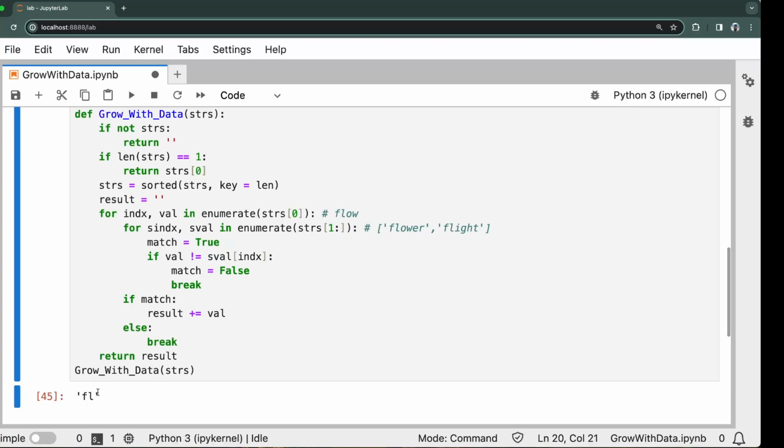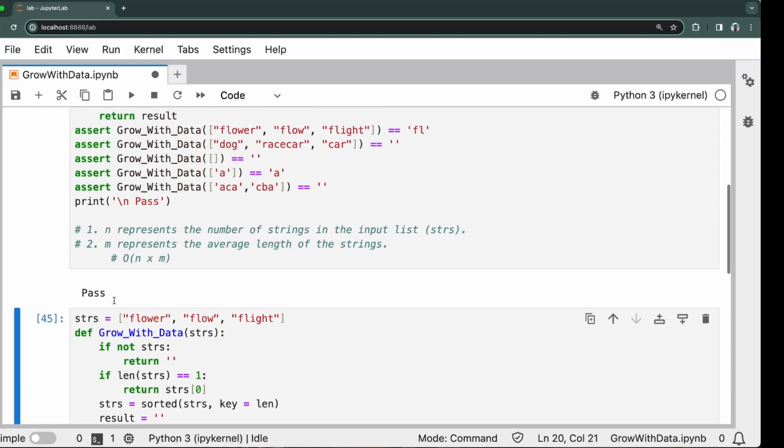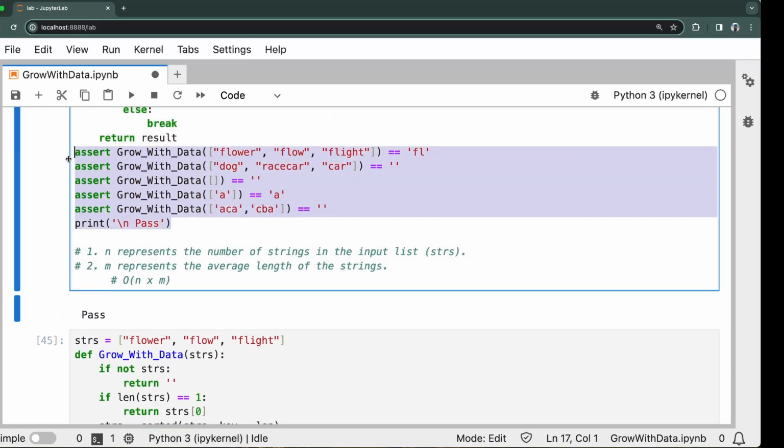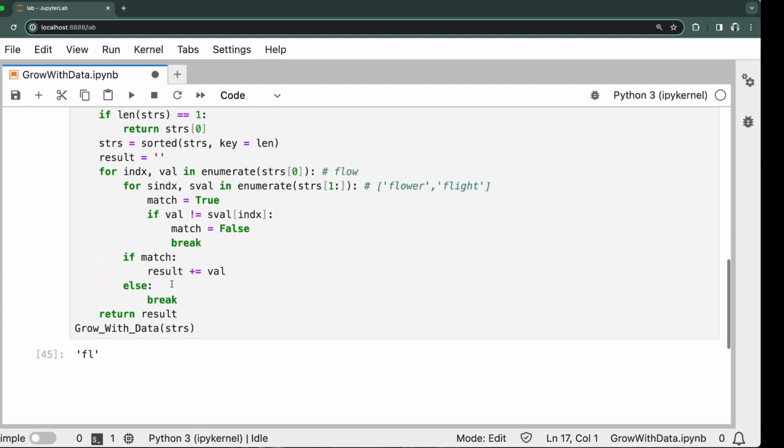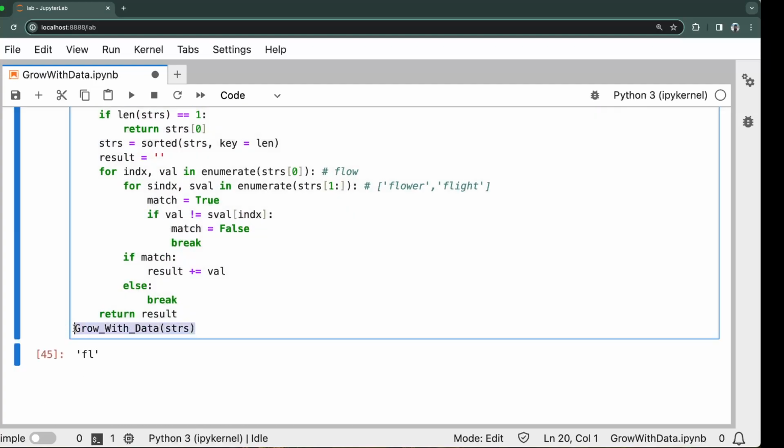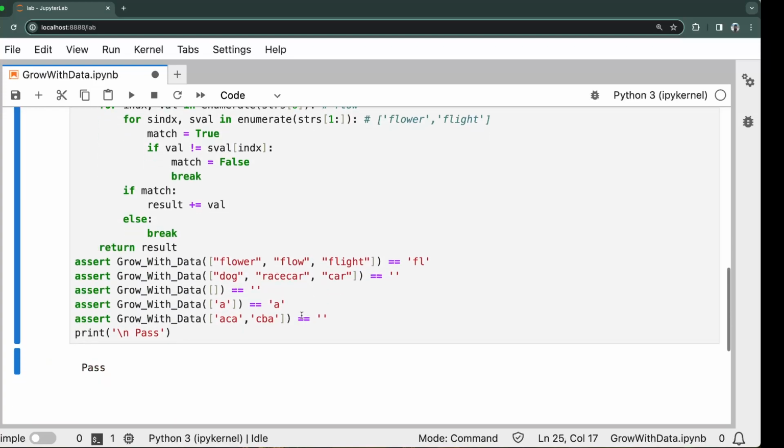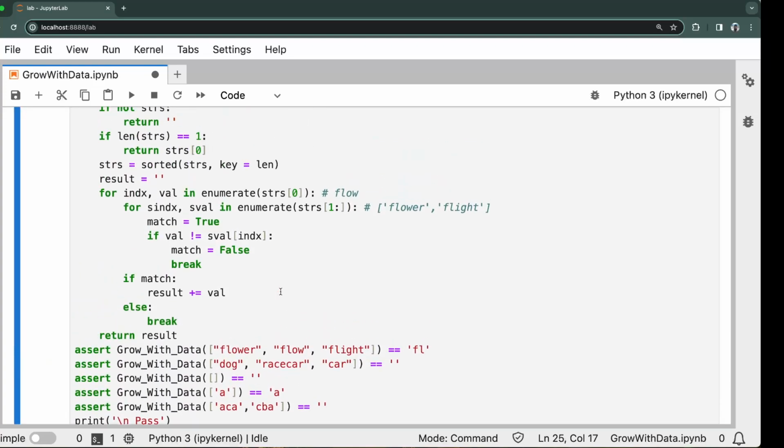So it brings in f and l. Let's try with all the other edge cases. Okay, so it passed all the values. So what we are doing here,